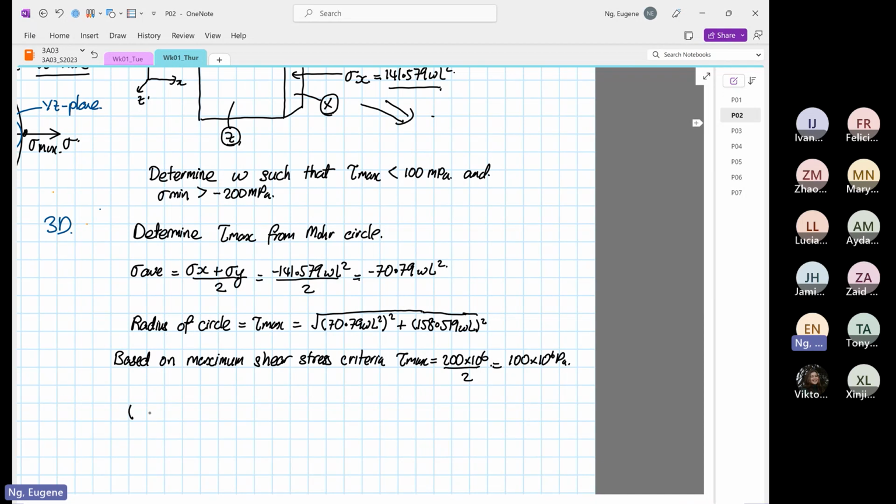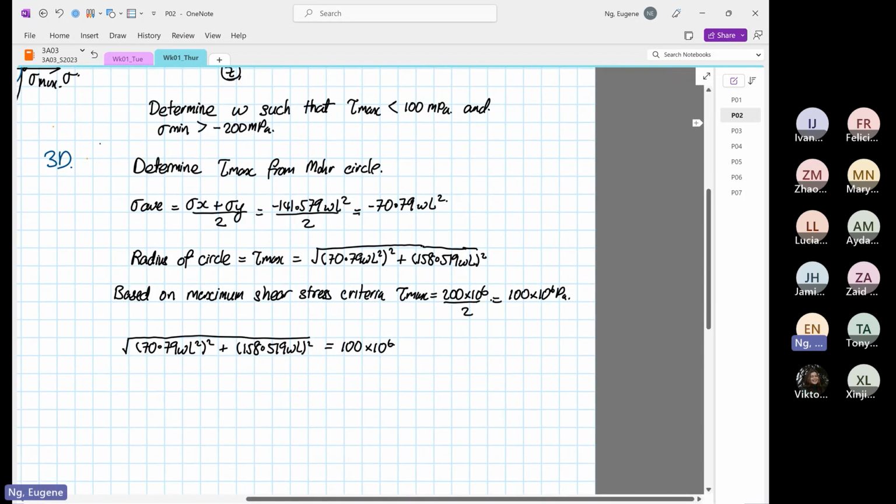So what we have now is 70.79 omega L squared, the whole thing squared, plus 158.519 omega L squared, and the whole thing will be equal to 100 times 10 to the power 6. So if we remove the square root,